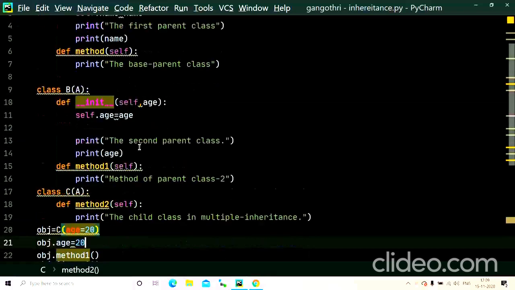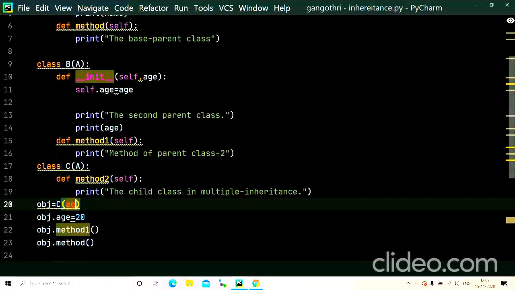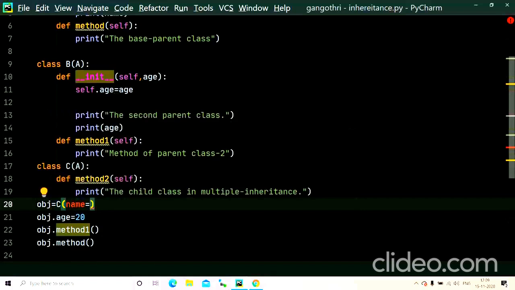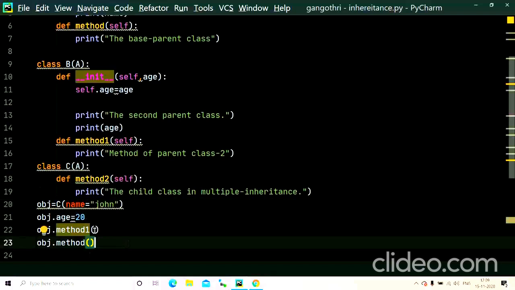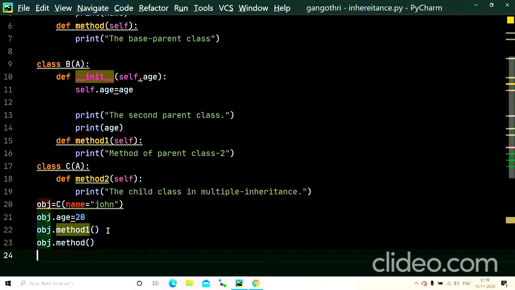Okay. So, we haven't given any age parameter, so let us take the parameter name here. Name is equal to, as usual, we cannot take the method 1 because the method 1 is within class B.